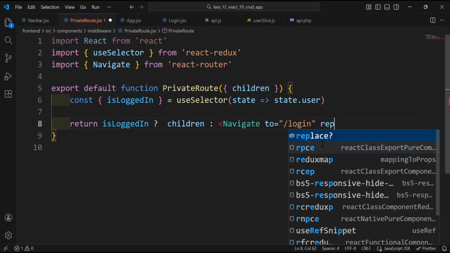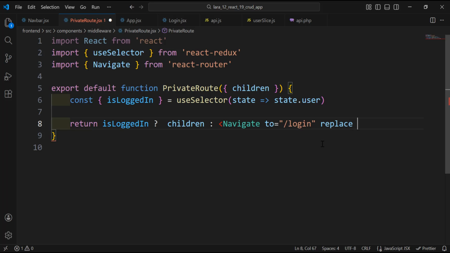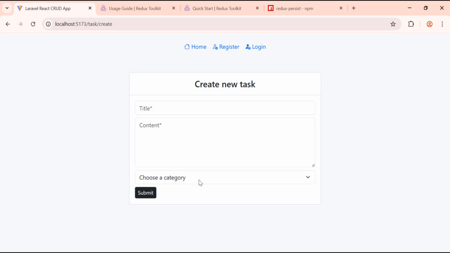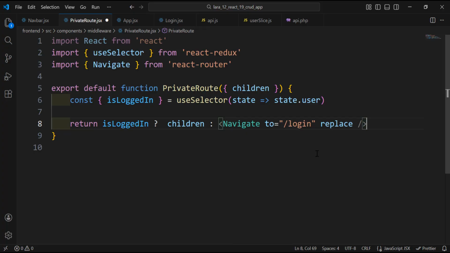And we use here a property which is replace, which means if the user, for example, tries to access this route, which is task create, which is protected, we'll replace the component with the login. Okay, that's the meaning of this replace. So save, and that's all. Okay, now what we need to do, as I told you, is wrap